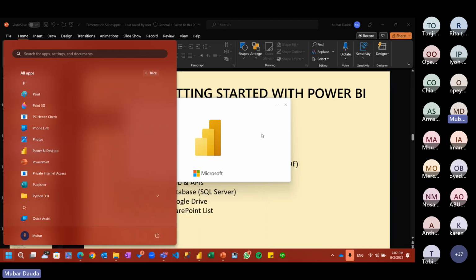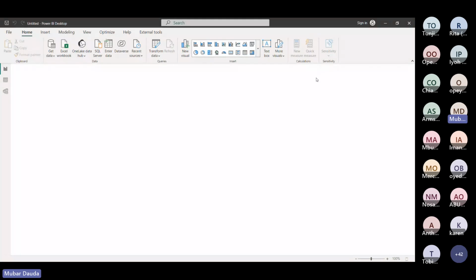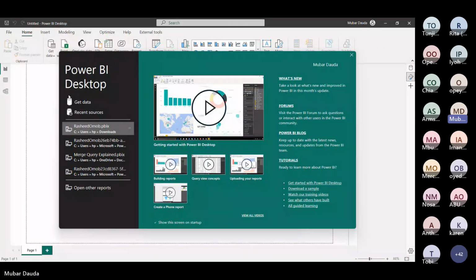So let's wait for Power BI to open. You'll see this interface when Power BI is opening. It's still loading. So welcome to Power BI. This is Power BI Desktop. For this Power BI Desktop, this is the welcome page. We call it the welcome page for Power BI. For this section,